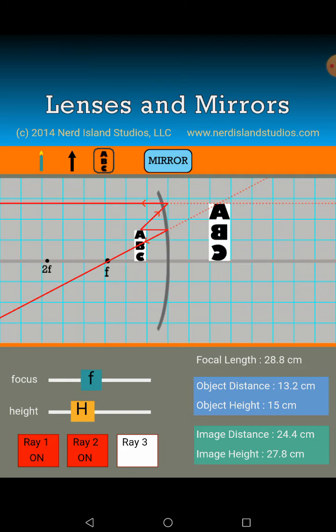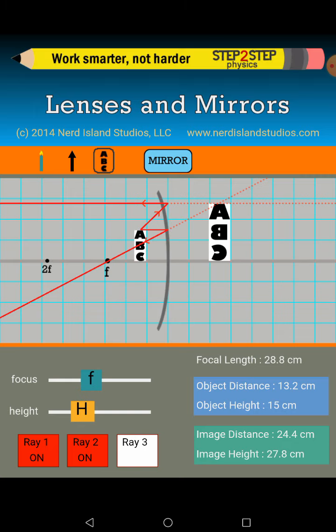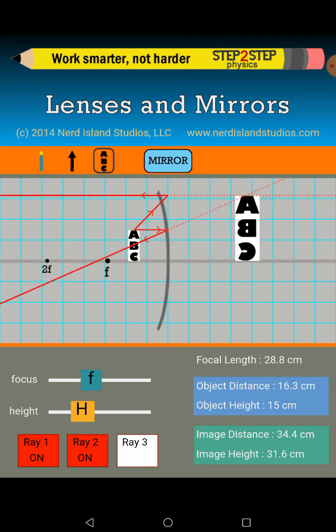Now do you see one thing, that lateral inversion is also taking place. Right of the object appears to be the left of the image, and the left of the object appears to be the right of the image. A very, very important case for mirrors, right? So all kinds of mirror, whether that is a plane mirror, convex mirror, or a concave mirror, they show lateral inversion. Left of the object appears to be the right of the image, and right of the object appears to be the left of the image.